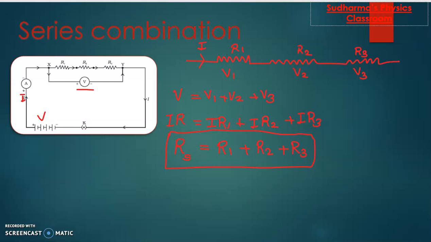Okay, so series combination, effective resistance. You may see different words in different textbooks: effective resistance, total resistance, right? Whatever word it is, it's the total. Effective resistance means what? What is the result of combining these three resistors? If you have n number of resistors, you just add all those resistors and you will be getting the combination resistor.